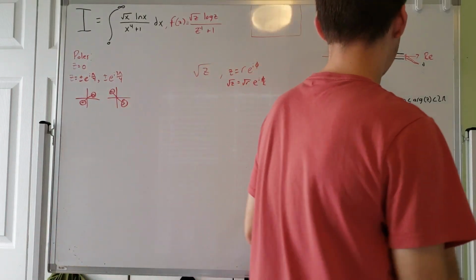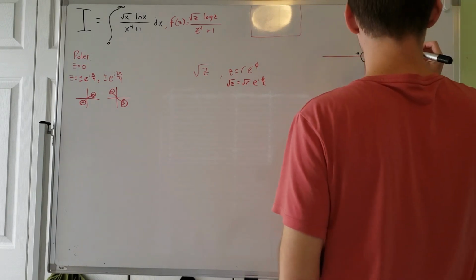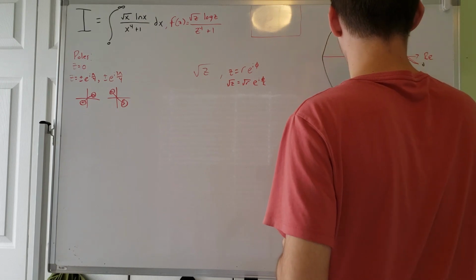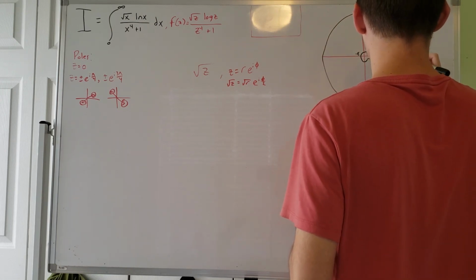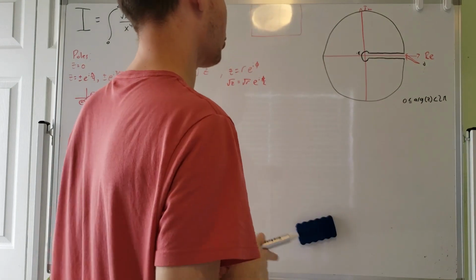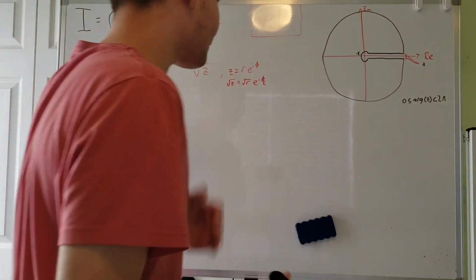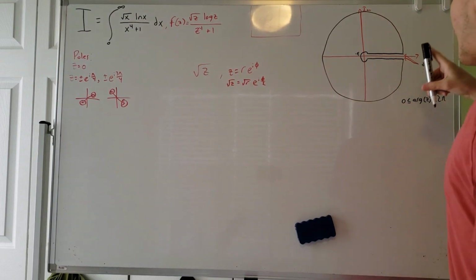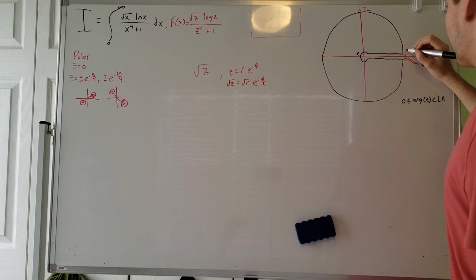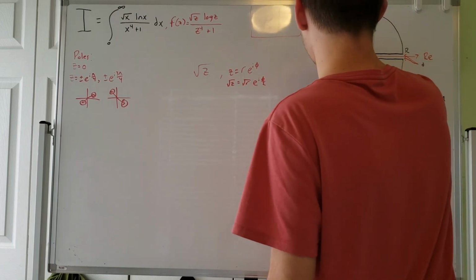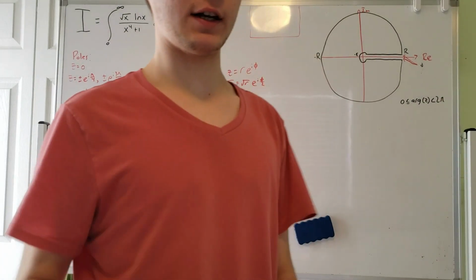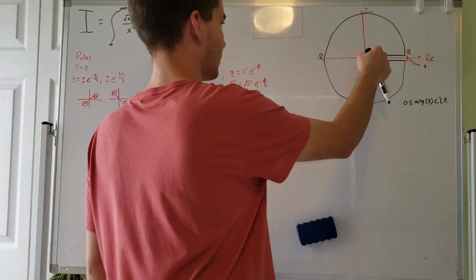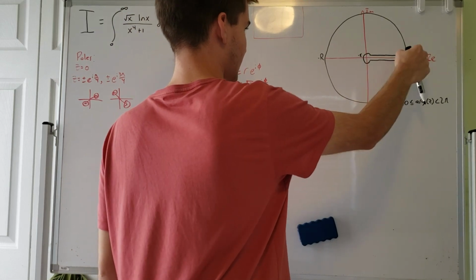And then the rest of this, we're just going to make a very large circle. Our radius of this circle is going to be r, which means we have negative r over here. We want r to tend to infinity, because our target integral is from 0 to infinity. We want this as epsilon goes to 0, and as